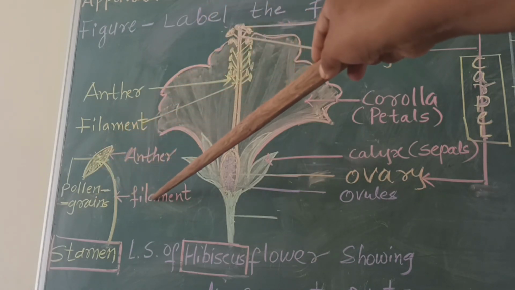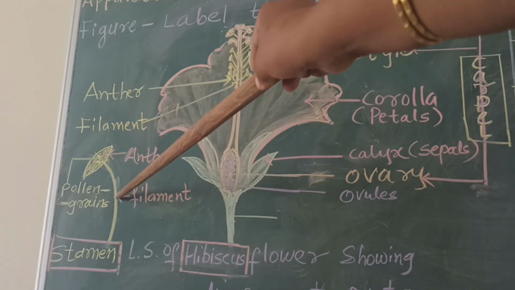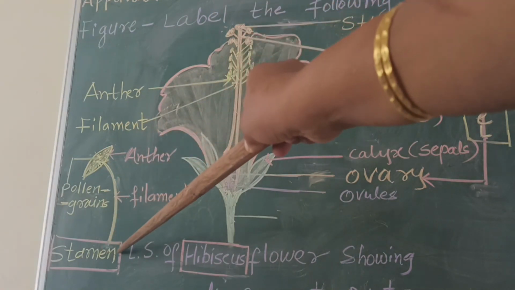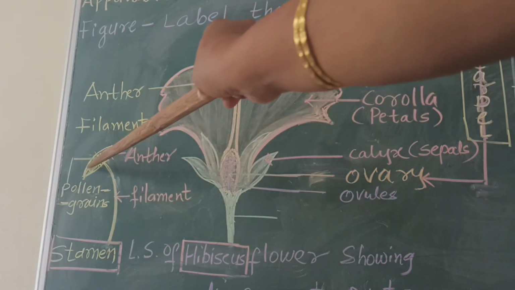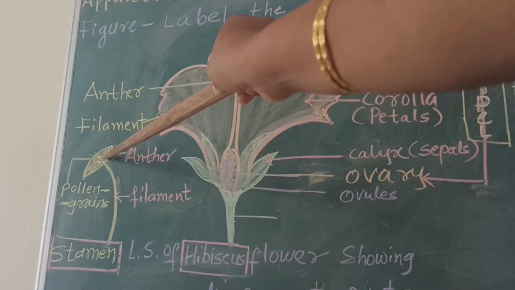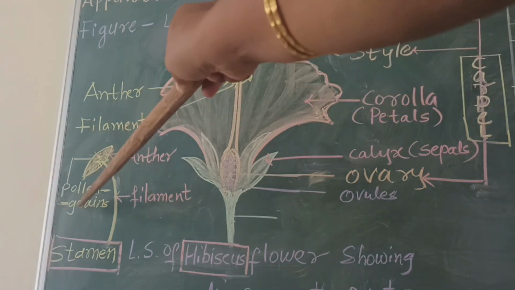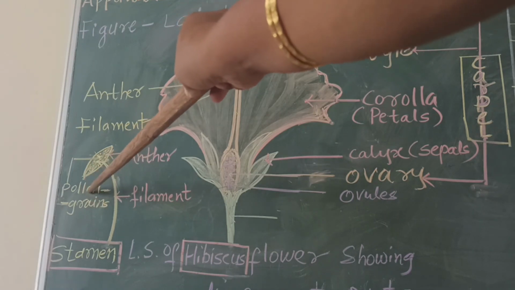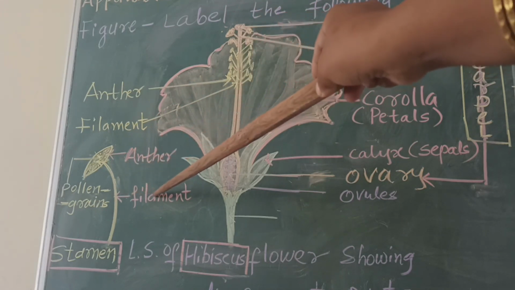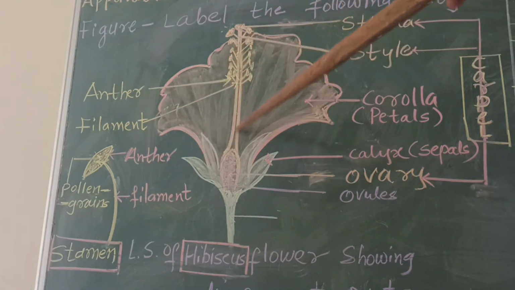Anther has a filament-like structure. That filament is attached to here. Anther and filament. A single anther is drawn here. This is known as anther lobe. हा जो भाग आहे ह्याला म्हणतात अँथर लोब. ह्याच्यामध्ये मिओसिस सेल डिव्हिजन होऊन पोलन ग्रेन्स फॉर्म होतात आणि हा अँथर फिलामेंटच्या मदतीने या फुलाच्या या भागाला जोडलेला असतो.